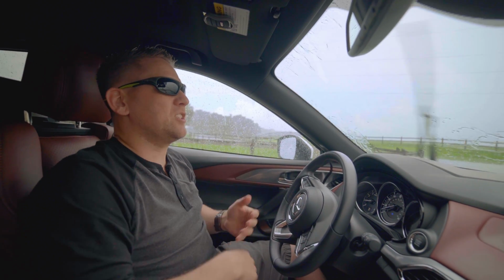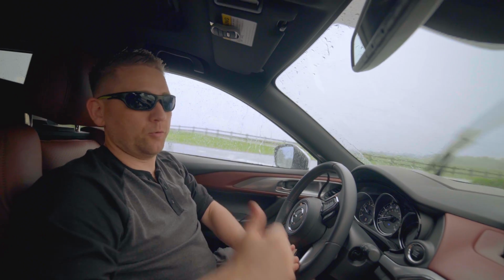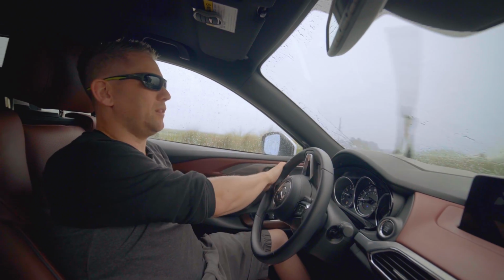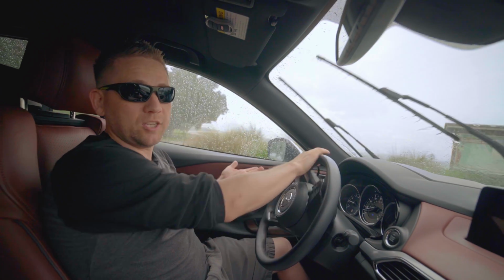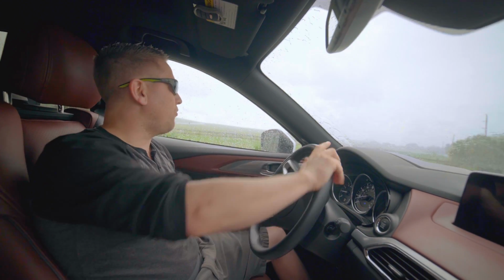But overall, that system is good. Once you get it functioning, it works very well. It has the option of streaming it through the headphones or streaming it through the speakers. So if you want privacy, you want to listen to the radio while the kids watch a DVD, you can do that. If you want to just play it over the speakers and not worry about the headphones, you can do that as well. So it's a great system, but it does have some serious flaws that hopefully Mazda can